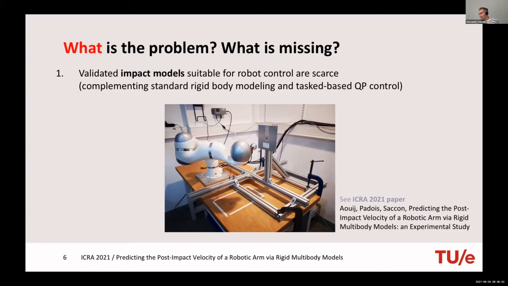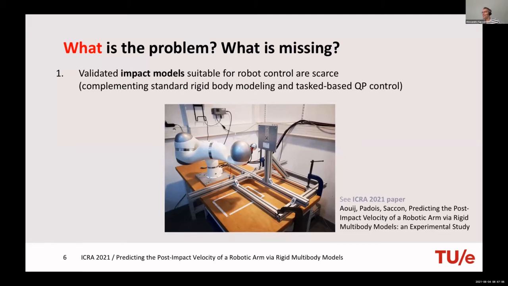I'm not going to talk about this. There was a paper that we submitted at ICRA, which has been accepted, that looks at this problem. What can we predict? What does an impact look like when you have, for example, a KUKA impacting a rigid surface? When we make impacts with the environment, there are a lot of vibrations, and if we use a fully rigid body model, you don't see those vibrations. So what should you compare?